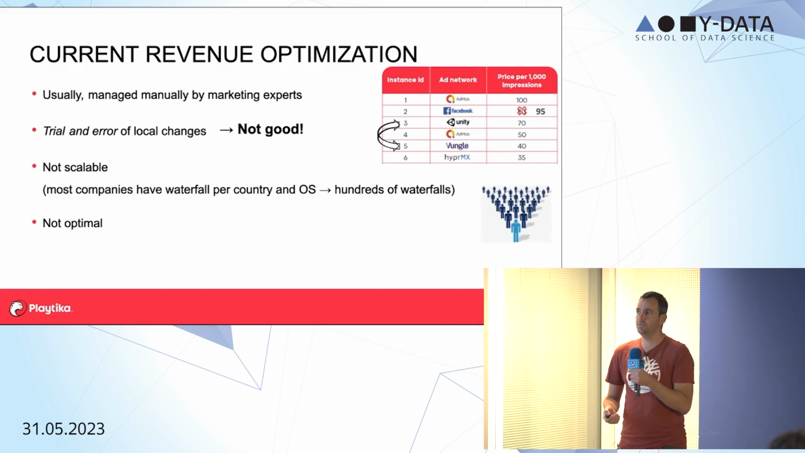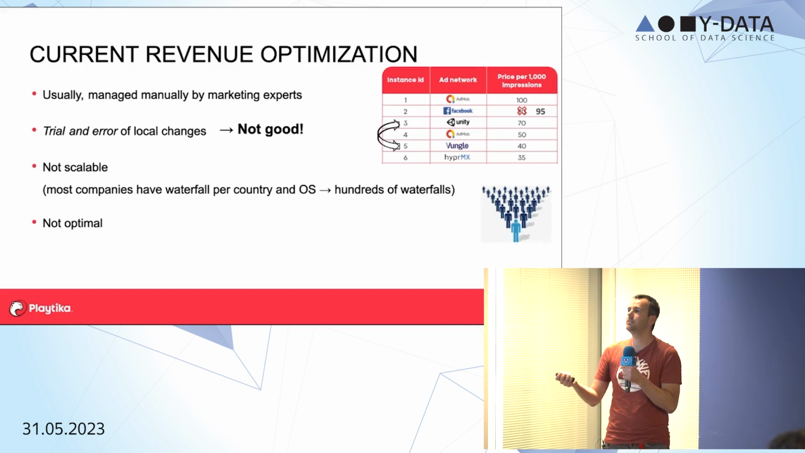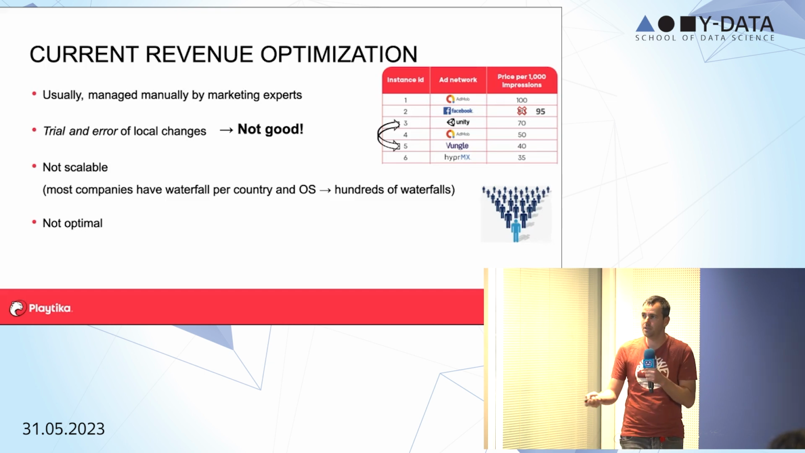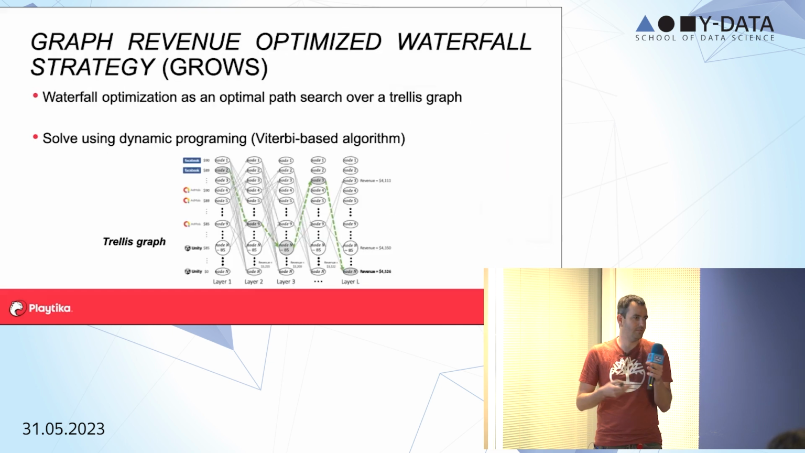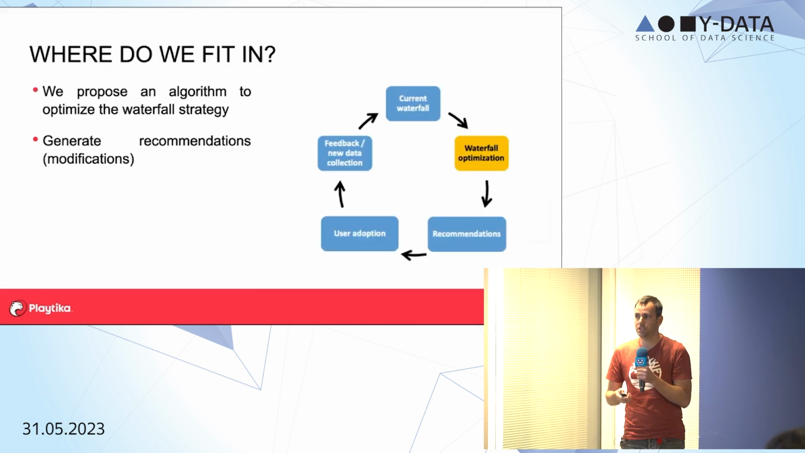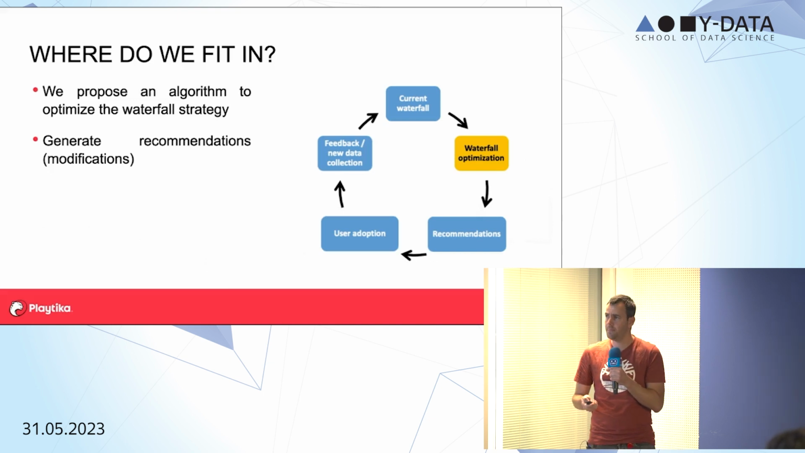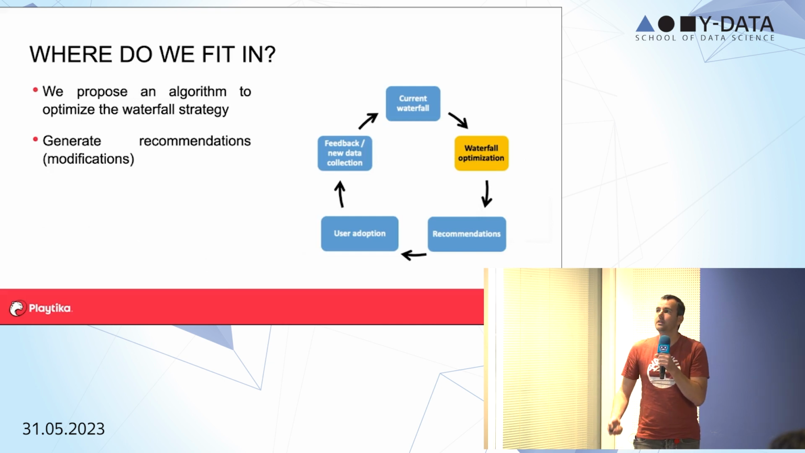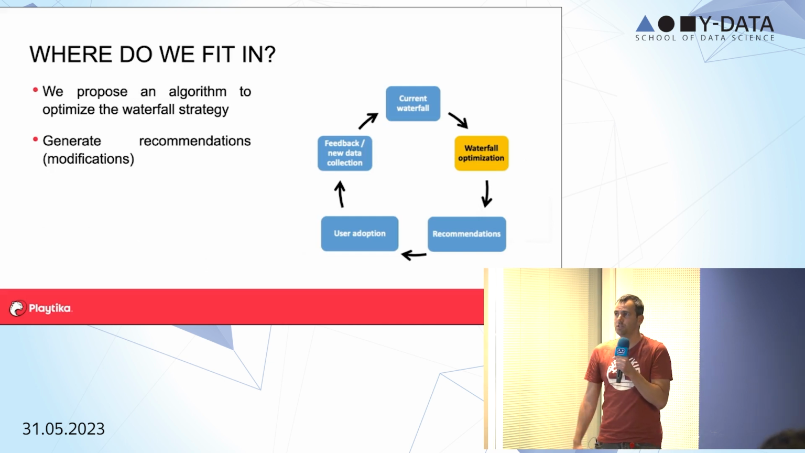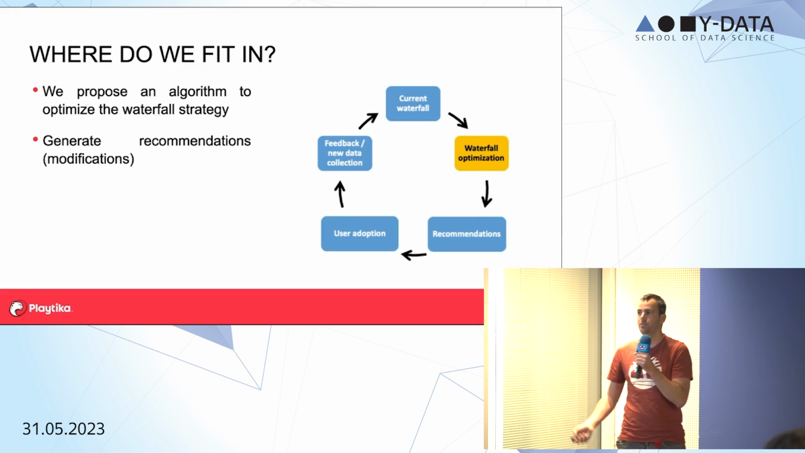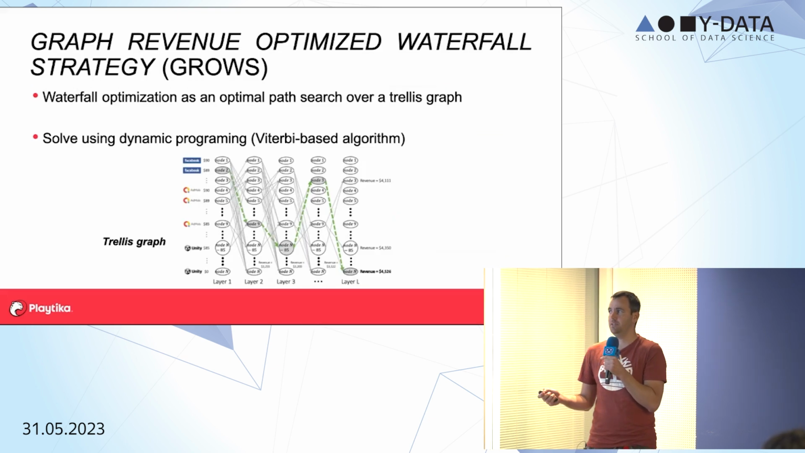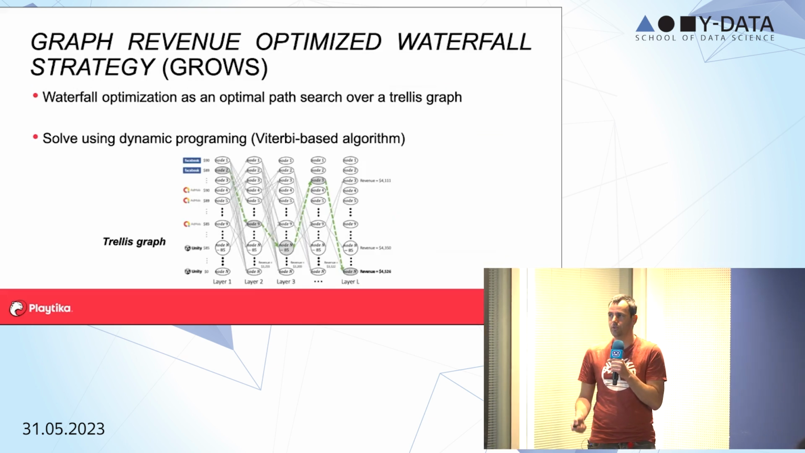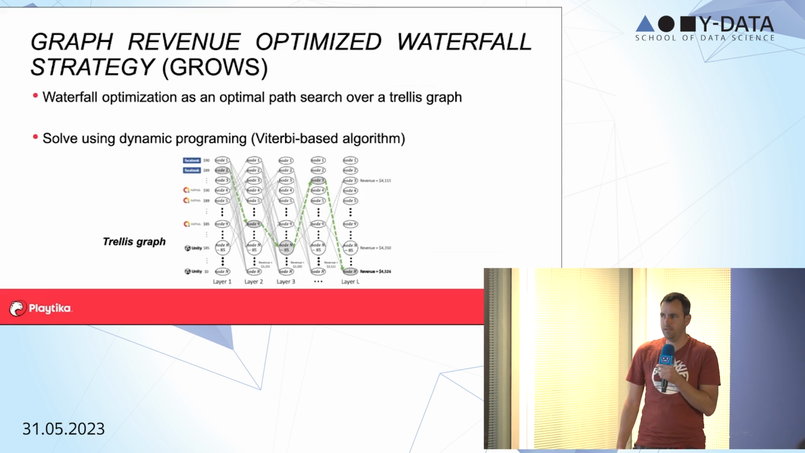Sorry, so where do we fit? So we propose, as I said, in this talk we'll focus on the waterfall optimization within this cycle, the one that will generate the recommendation of prices and order, how to do local changes in the current waterfall. And for that, we introduce the graph revenue optimized waterfall strategy, or in short, GROWS. So first of all, we formalize the problem of waterfall optimization as a trellis graph, and then we can solve it with a Viterbi-like algorithm,